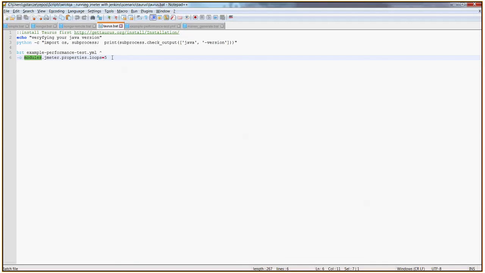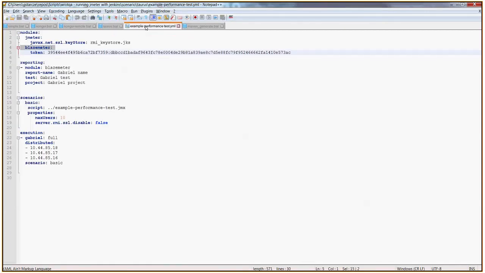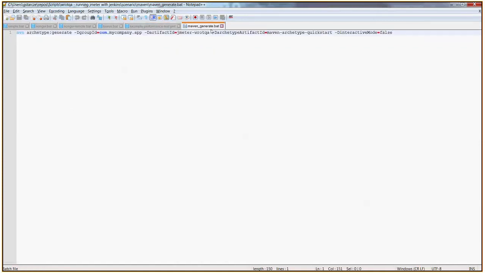It will also show you the live results. It will show some very basic graphical interface, so you can see your test results as you run them. We also showed you how you can use a YAML file to define that, and then we showed how you can use Maven to generate